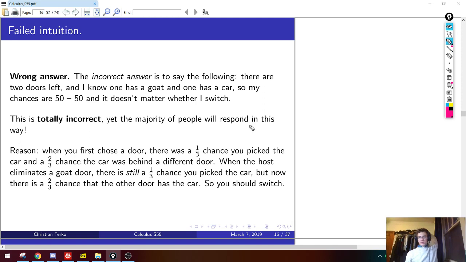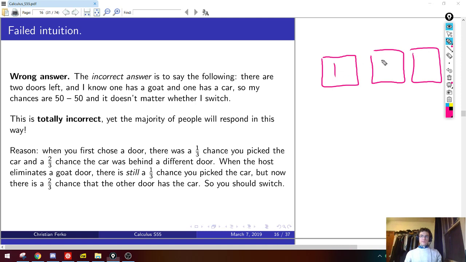So I'm going to explain it probably 3 times. I'm going to beat a dead goat with this because it's so incredibly important. So here's what's happened. When you first chose the door, so there were 3 doors, 1, 2, and 3. When I first chose the door, say door 1, at this stage of the game, my probability of getting the car was 1/3. Because I know nothing about any of what's behind the 3 doors, and I only know one has a car. So right now, the probability that I'm going to win is 1/3.